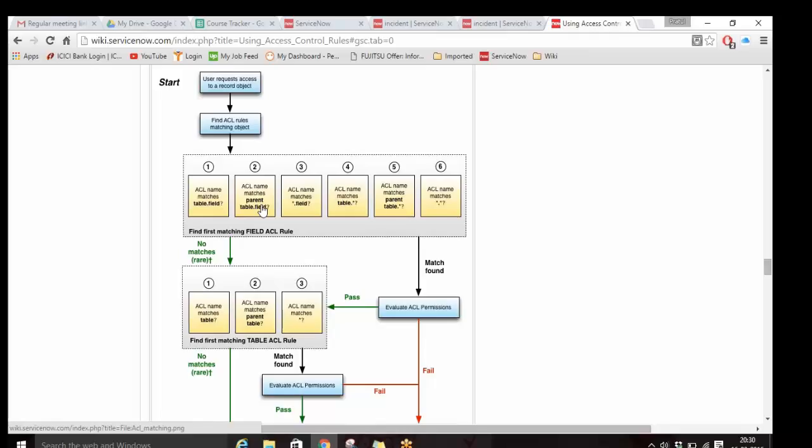If an ACL is written on the task table, that is also applicable on the incident table. Whatever are the inherited tables, the ACLs are also applicable on those tables. I forgot this point in the first go. Now, next, suppose we are trying to access incident.caller ID and there is no existing ACL specifically for incident.caller